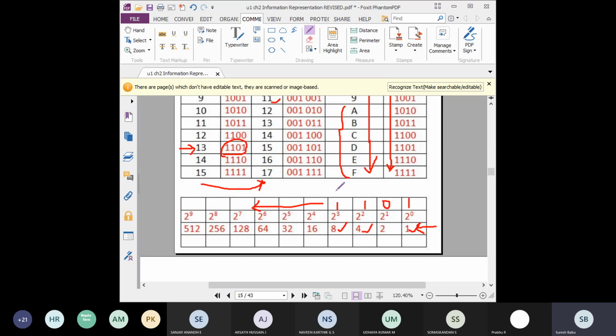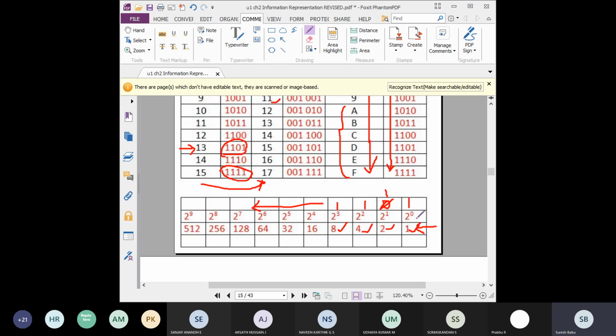1101 here. For 15 also, if you need 15, again you add 2 here, 2 also 1. So here also instead of 0 you make it 1. So 1, 1, 1, 1. You will get all 1. The equivalent value is 15: add 8 plus 4 plus 2 plus 1, you will get 15. So this tabular column also will help you get the easiest way to get the binary digits. Whatever the value, up to 1023 you can get here.